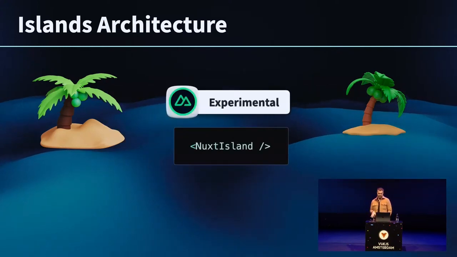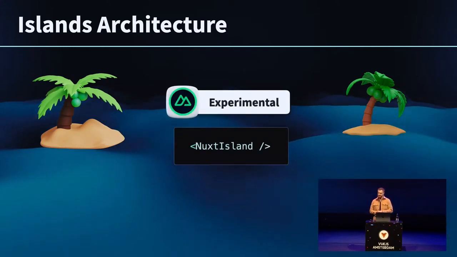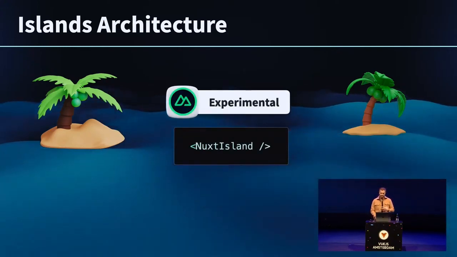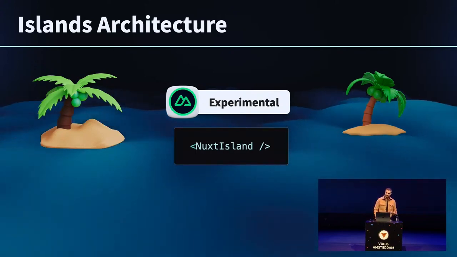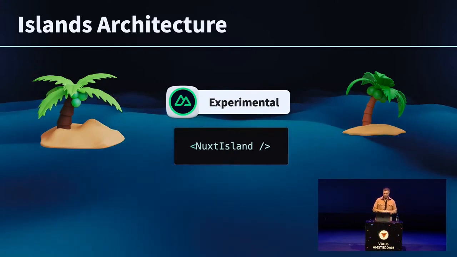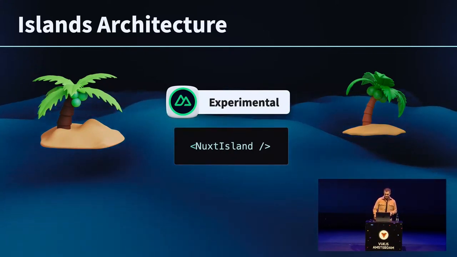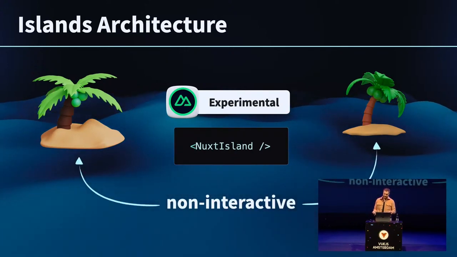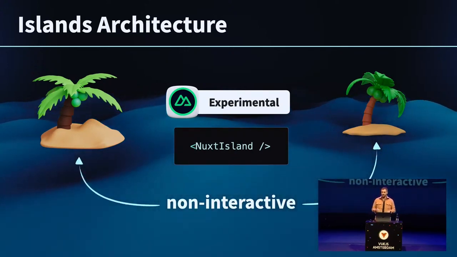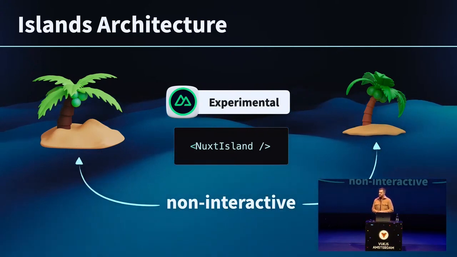But Astro is not the only framework using this island concept, because Nuxt is providing the experimental Nuxt island component. That's essentially a server component in the Next.js way of looking at things. However, this is going to be inverted. In Nuxt, an island is the non-interactive component without any JavaScript hydration, which, if you think about it, I personally